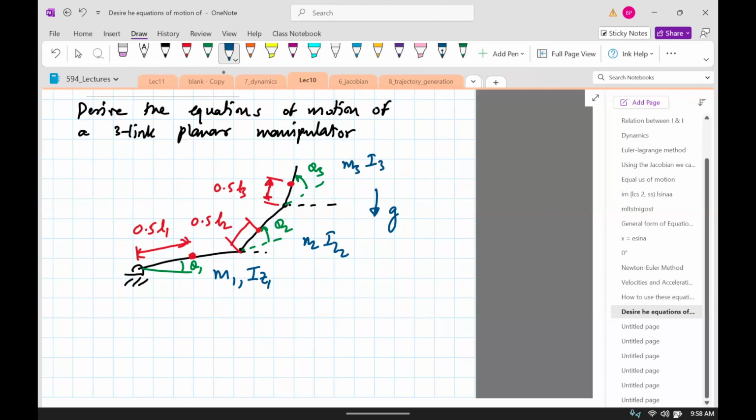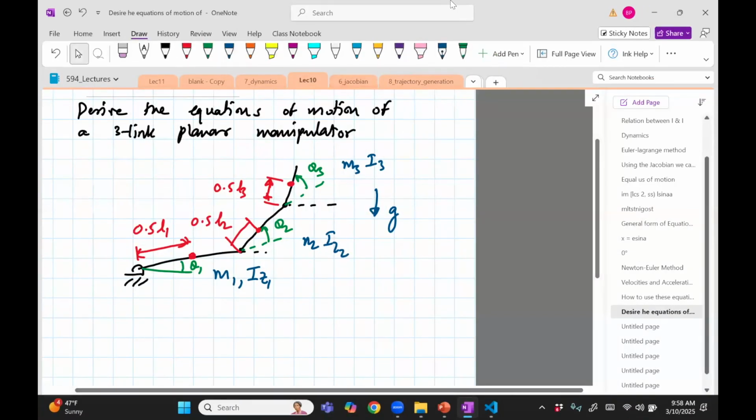What else do we need? I think that's it. Okay, so we need to derive the equations of motion for this manipulator, which we did using Euler-Lagrange, and now I'm going to do it using